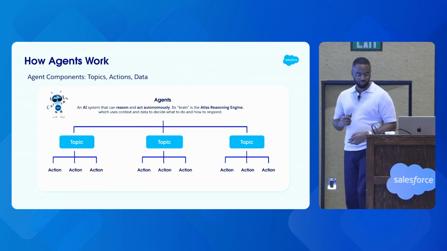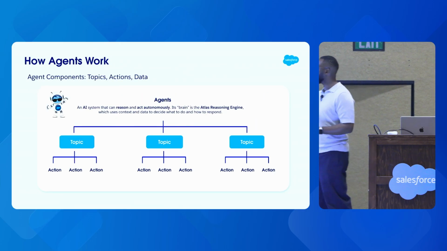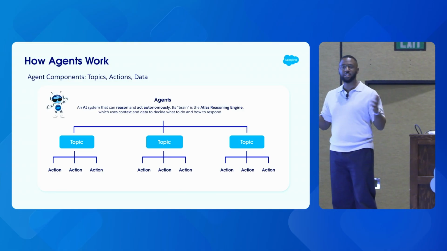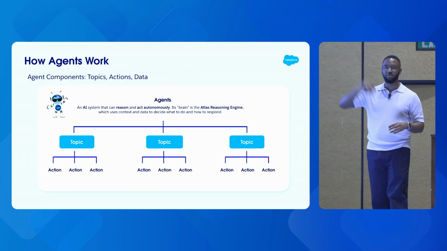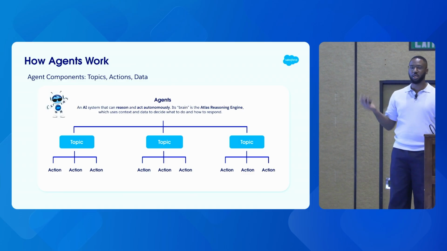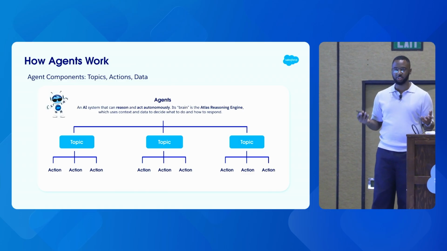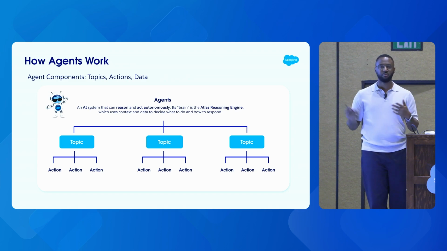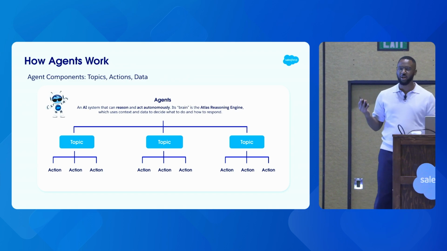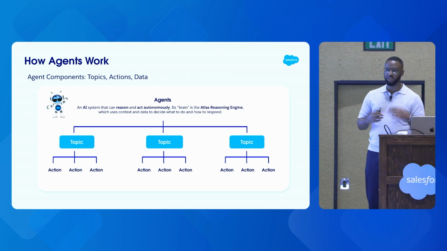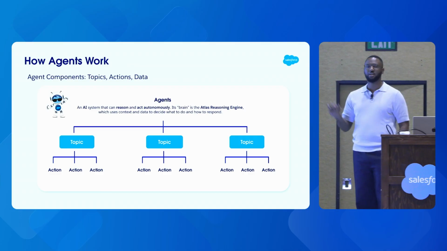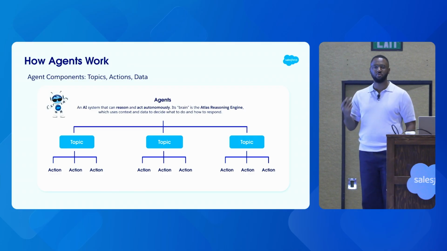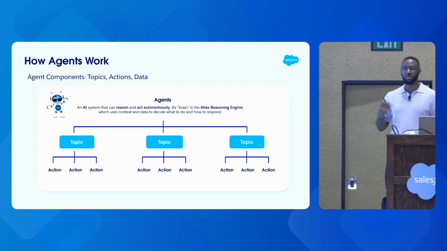Now, the way this works, and you may have seen the slide before, but just in case you need an Agentforce 101, here's how agents work. At the very top level, you have a large language model and a reasoning engine. In our case, Agentforce is pretty much LLM agnostic. We can switch them as necessary, but what we do have is an Atlas reasoning engine. And what this thing does is it understands user intent. And then from there, it